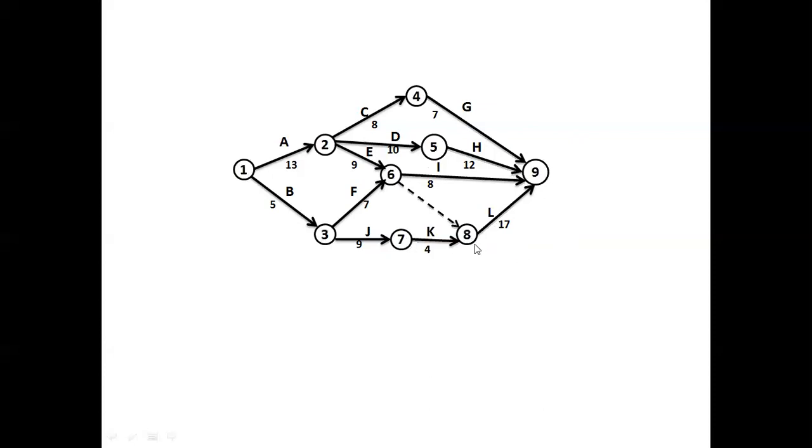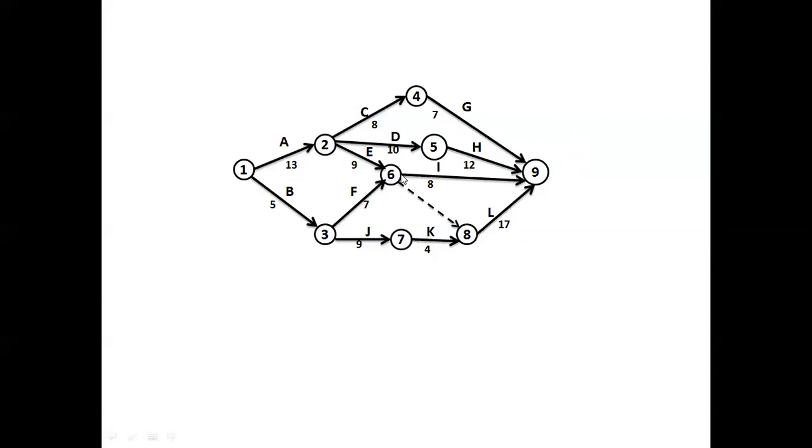So here I have given the numbers: 1, 2, 3. Then after the outgoing activities of 2 are removed, this will become the initial event. Then I'll give 4, and this will also become the initial event. I have given 5 to here. And when I remove the outgoing from the third, this will become the initial event. So the next number is 6. I have given 6 to this, and again I have given 7.